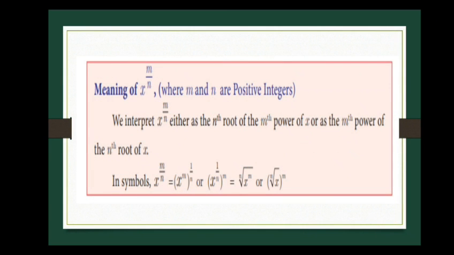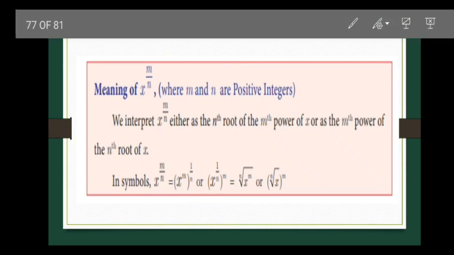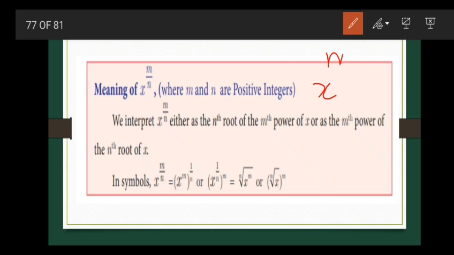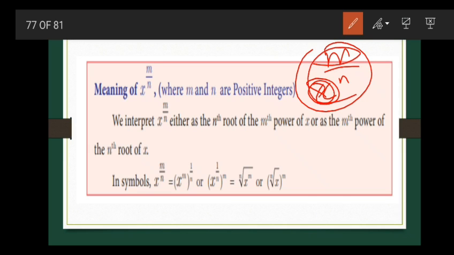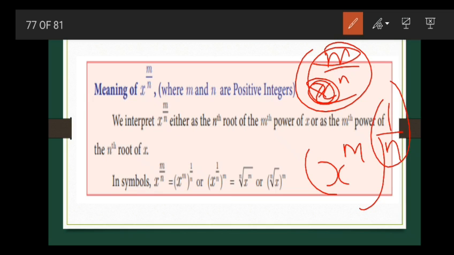So before going to example problem, we have to know the meaning of x to the power m by n. This is nothing but we are multiplying x with x m times, and we are taking nth root of x power m. So this is nothing but x power m by 1 by n. This is fractional notation, right? So this can be written as nth root of x power m, or